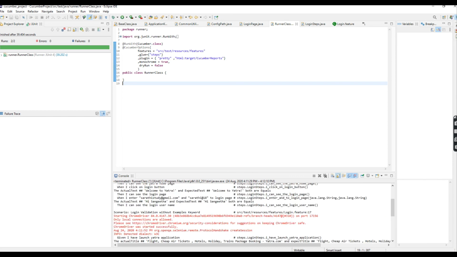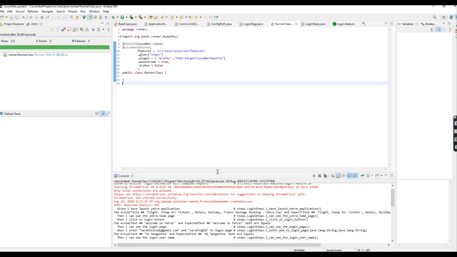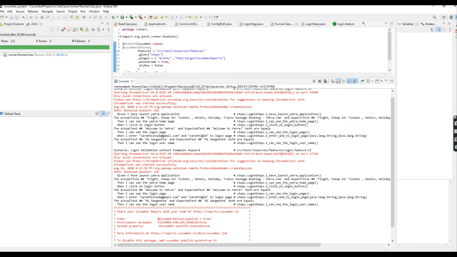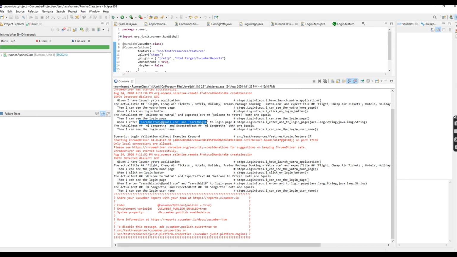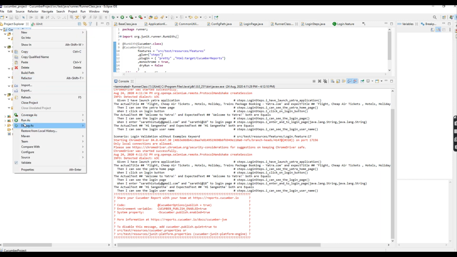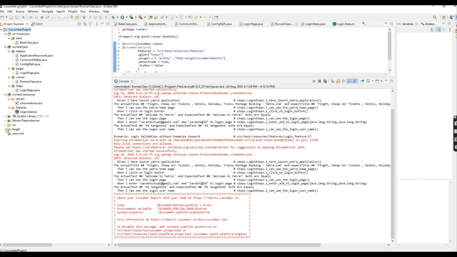See, this is the scenario outline. This is the username and password, and we are validating this one. So it is successfully executed. Now you can right click on this one, refresh your project, click on it. Now you are getting the Cucumber reports.